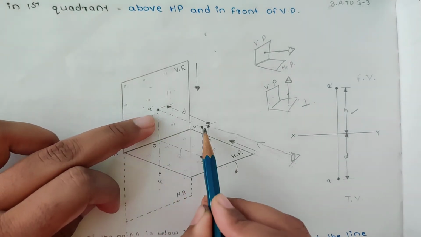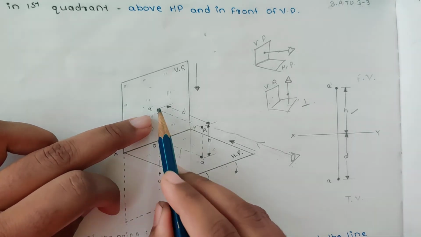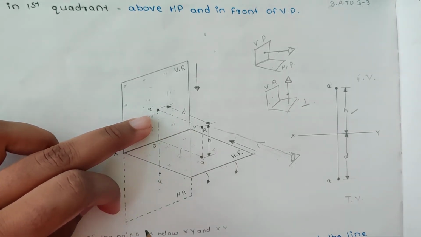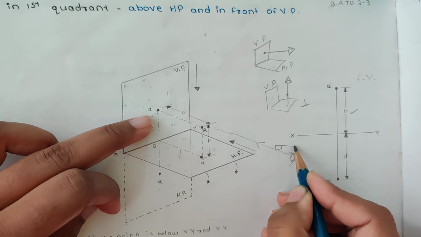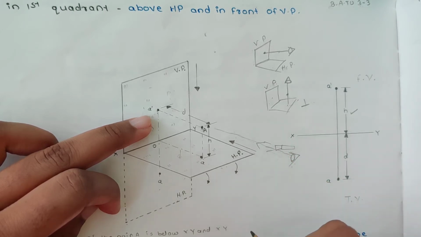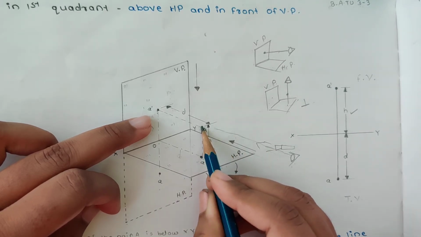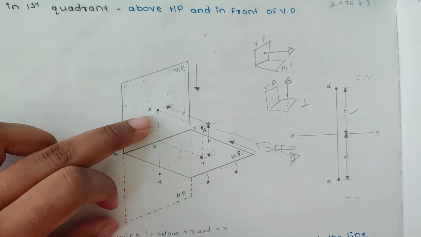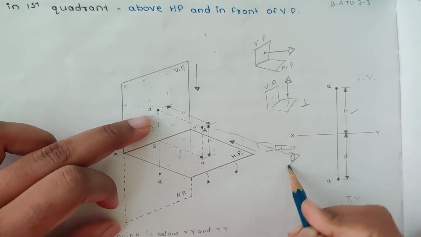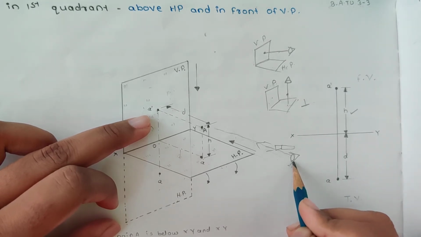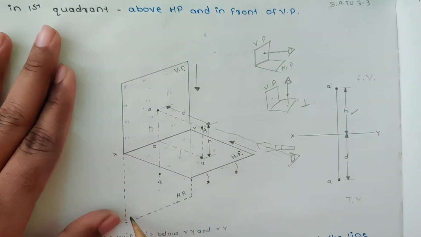And the shadow of the particular point is on VP. Suppose this point is a shadow. If he has a torch, that light will come on this point and the shadow will come here. Now this is the position where he is. So this is what the front view is. He gets the front view.